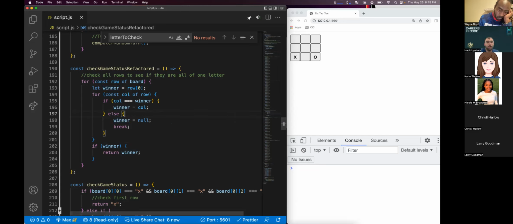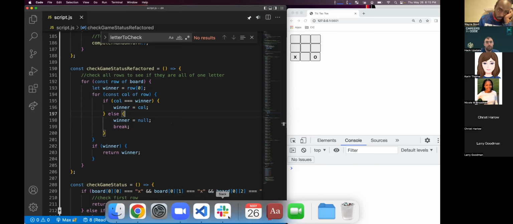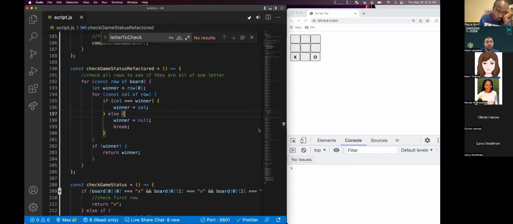So let's kick off a poll here. And if anyone is feeling particularly bullish and wants to try and explain this, you're welcome to give it a stab, because maybe your explanation may make it click for another student. But well, you know what? While you guys are working on that, I'm going to put in comments.